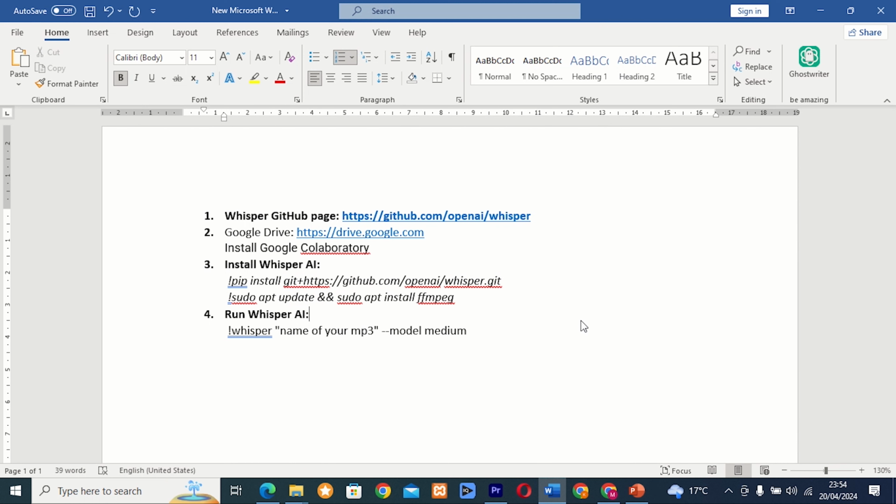Convert an audio to a text form. In this video, we are going to use an AI called Whisper, and it is found in a GitHub. We have provided the link that you can use it and get the command. But here I have already provided some few commands that can help you to install and convert your audio to